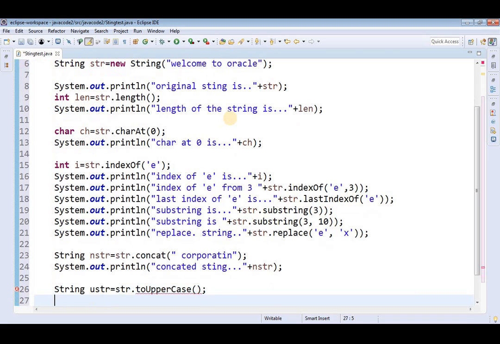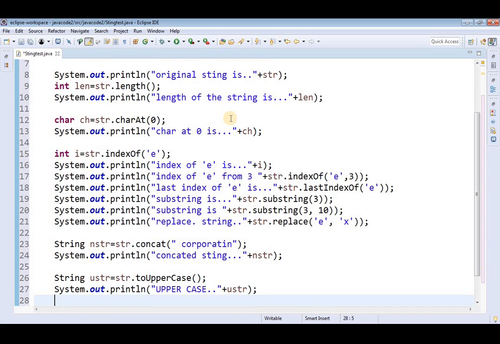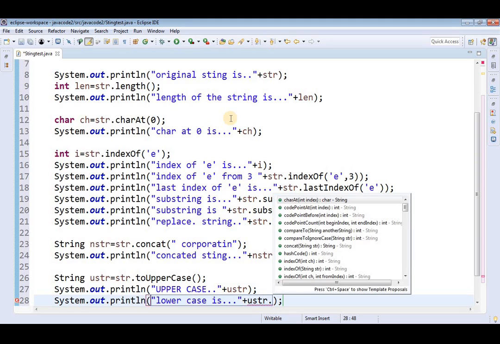Now print that one, that is uppercase, plus ustr. Later convert that uppercase string into lowercase. That is lowercase is plus ustr dot toLowerCase.